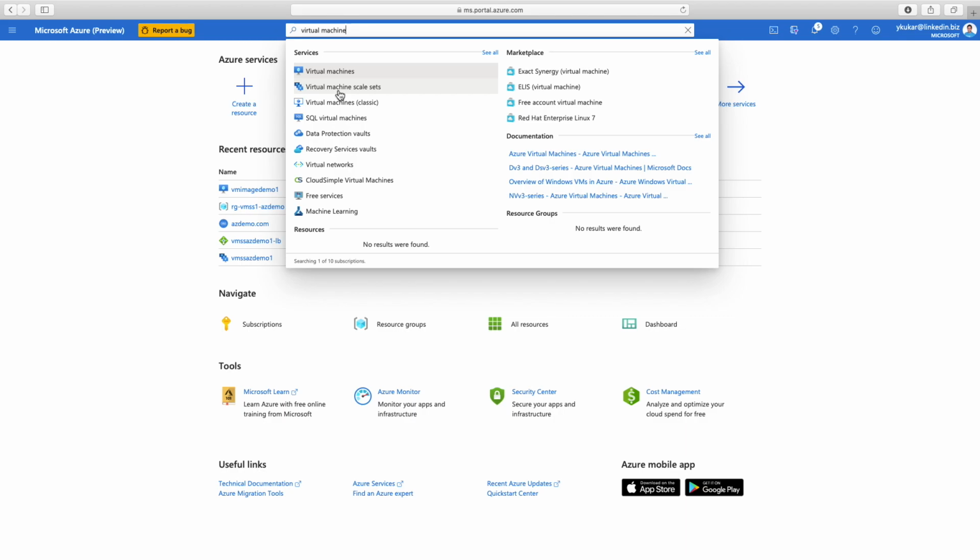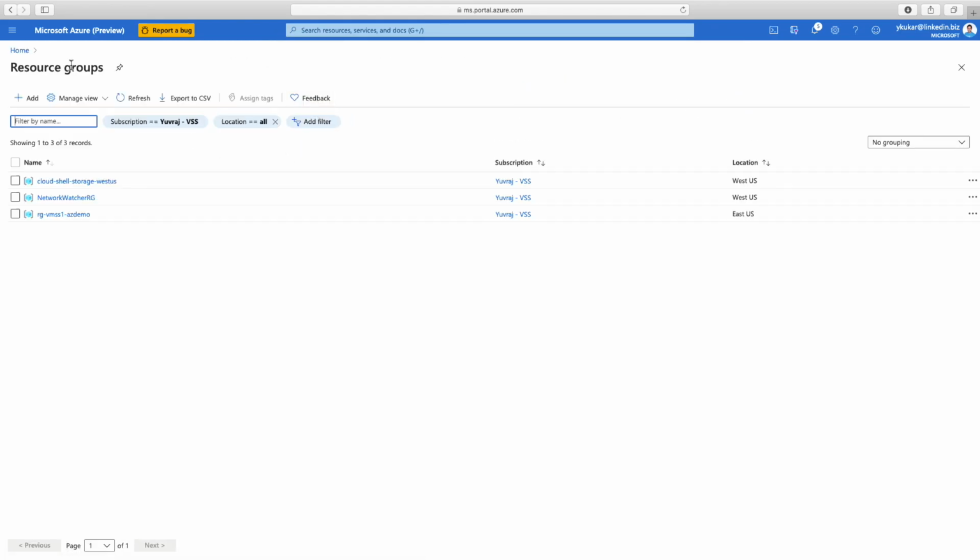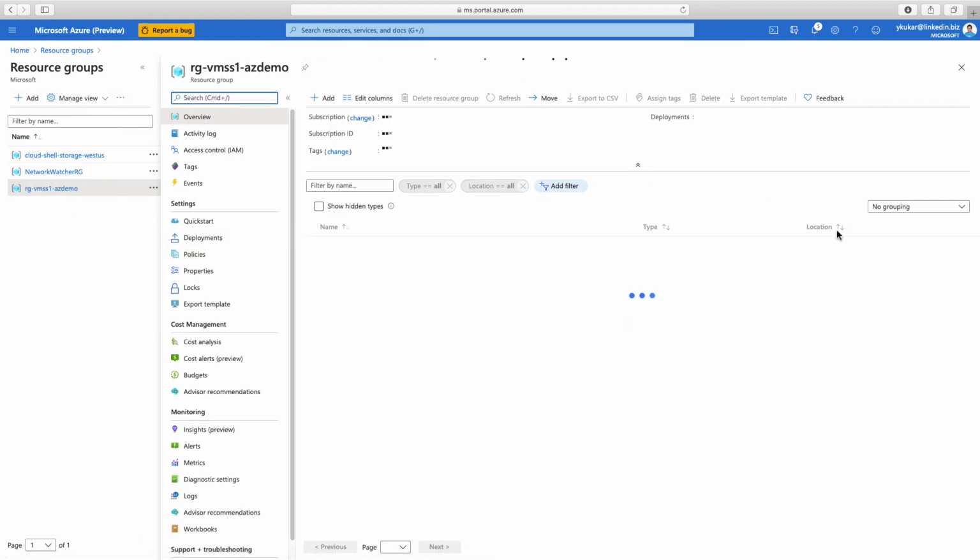However, before we start deploying virtual machine scale set, I would like to show you how to create the custom image which you need to deploy VMs in virtual machine scale set. You can definitely deploy a gallery image or a platform image when you deploy the virtual machine scale set. But I think the recommended option or a best practice would be you create a virtual machine, a VST disk in which you deploy your web server and then clone that server to use the VST image for the virtual machine scale set. So as an example, if I go to my resource group, I actually deployed one virtual